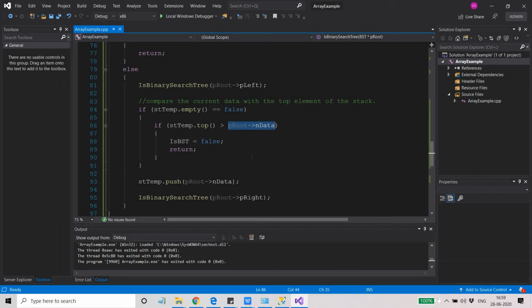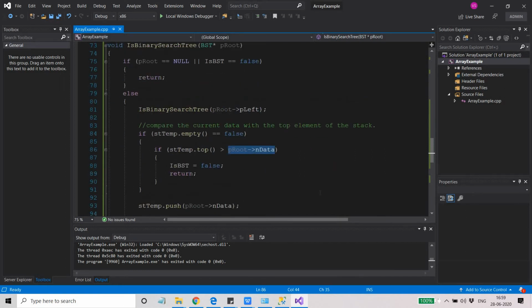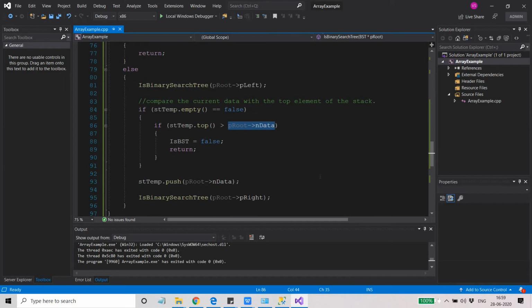I hope you are getting the point. My stack will contain the elements in the in-order traversal, because this logic is the same as the in-order traversal. So my stack will keep putting the elements in sorted order until there is some problem. When the problem occurs, my top element will be greater than the element that I'm going to put.